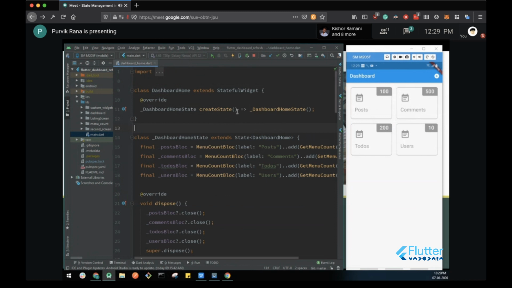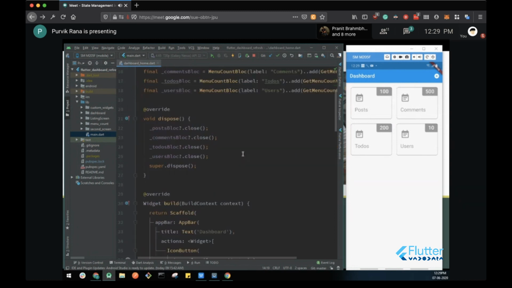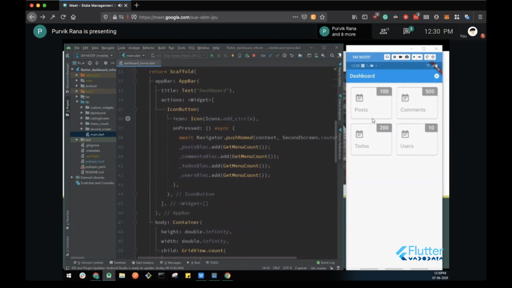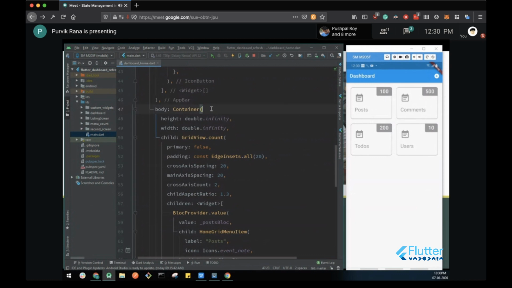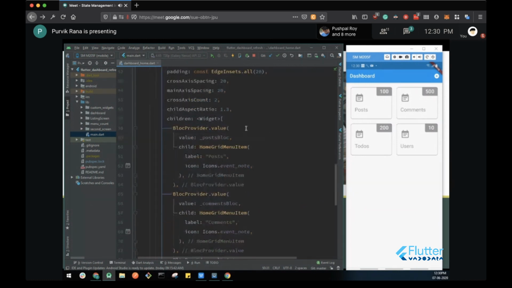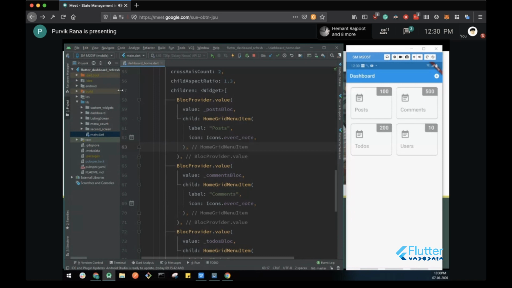So let me walk you through that. First, this UI is created using a container. There is a grid view, which has different custom views, that is the home grid menu item. So I have created these custom items. And now I have to fetch the different counts from the API. So for that,